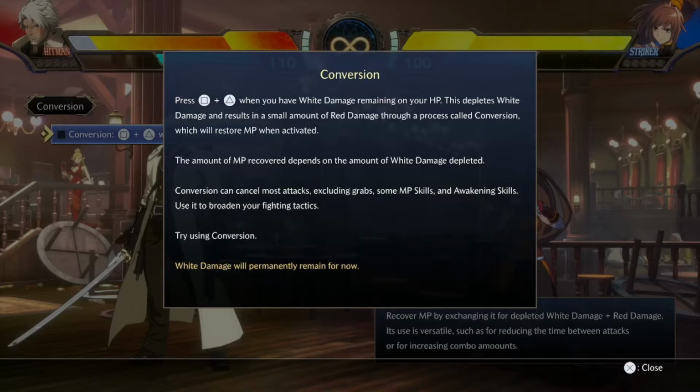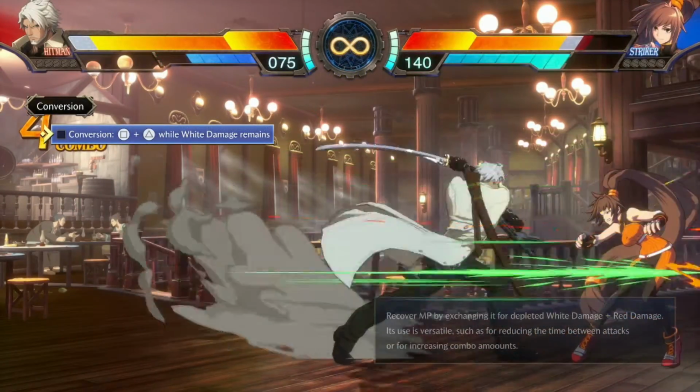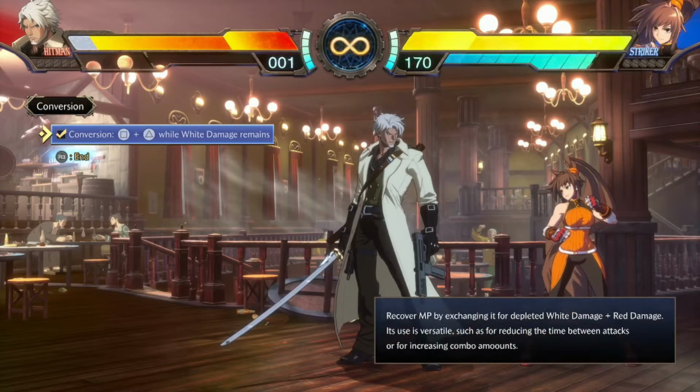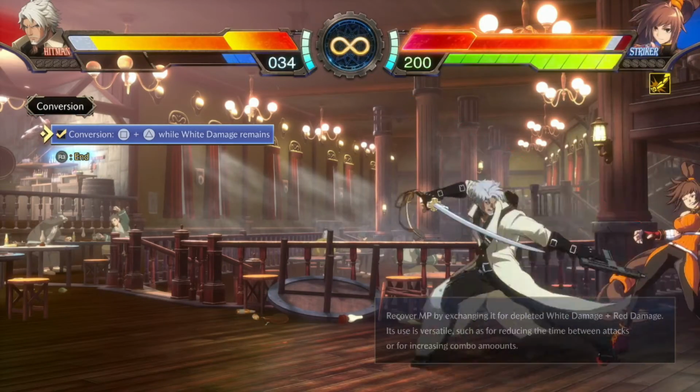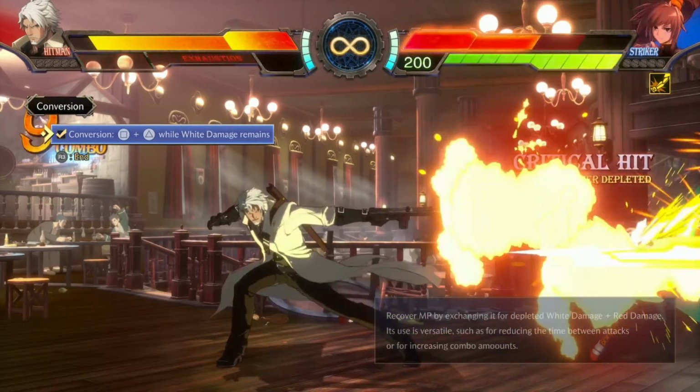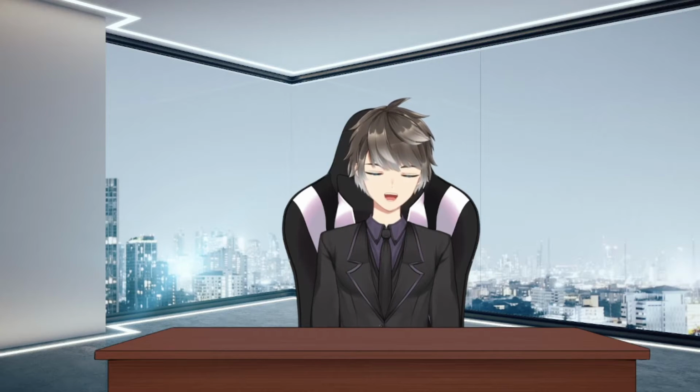Conversion automatically will cancel most attacks, excluding grabs, some MP skills, and awakening skills. By using white damage, you can recover MP since it works like a canceling system. It opens up some routes of combos that you wouldn't be able to do normally, but because you're doing cancels, you might. So the whole conversion system opens up a lot of stuff, and there's also a trade-off